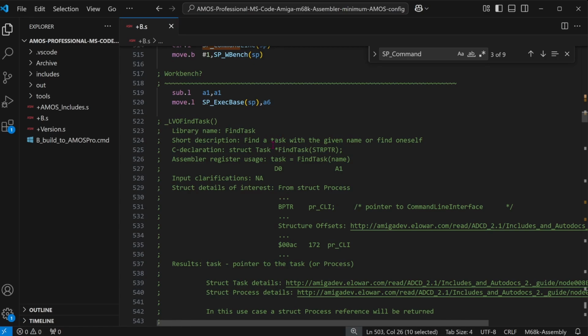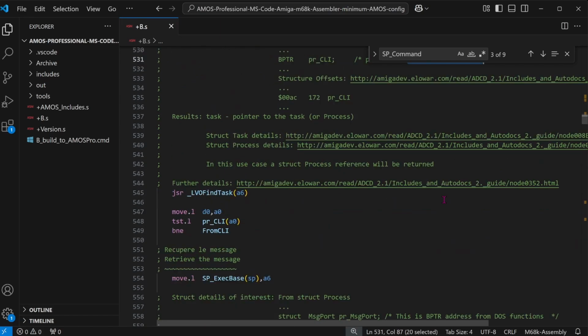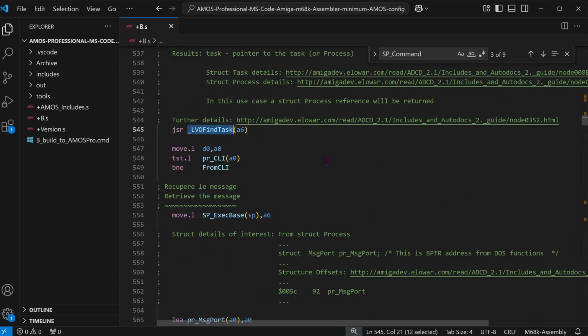And the way it does that is it's going to use FindTask to find this task that has been started. And then in the task you actually have a pointer to the command line interface if it has been started from the command line. So it calls FindTask, and then it has a look at it, and it tests if this here